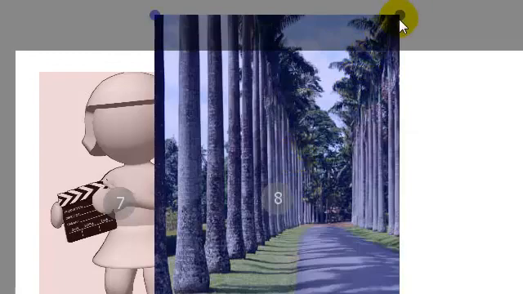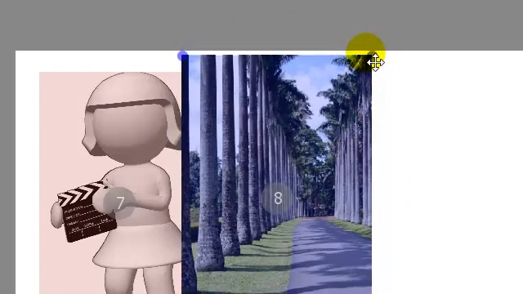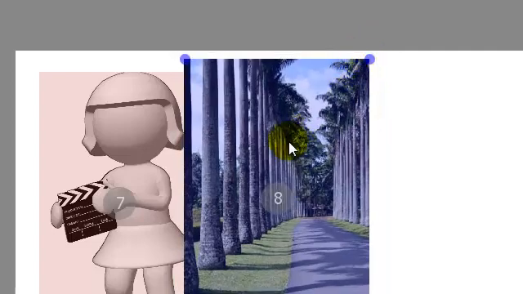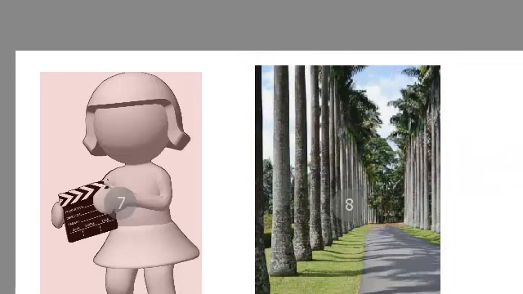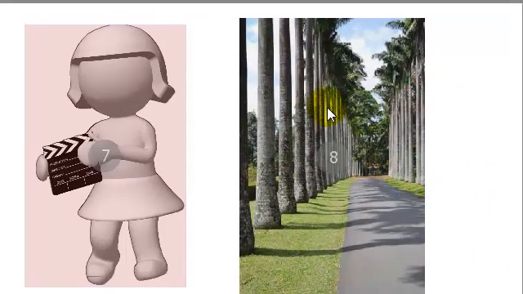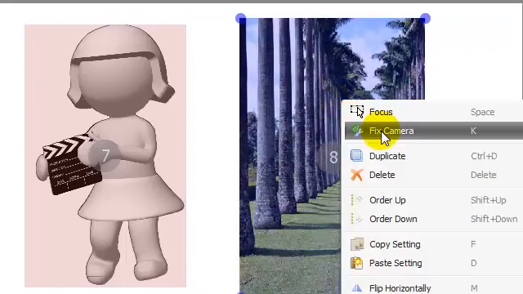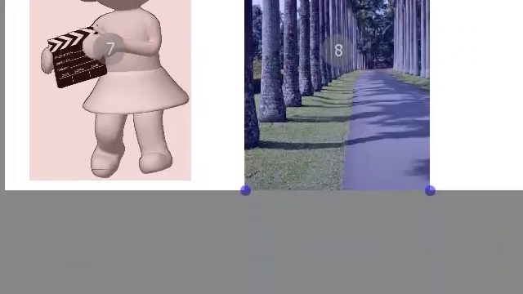Just double click on it, pull the handles till I get it sort of roughly the right size, drag it across, and then click somewhere. Does that look okay? Yeah, that's not bad. So again, right click, fix camera. So the default for these are drawn by hand. You can change it to, as I showed you before,